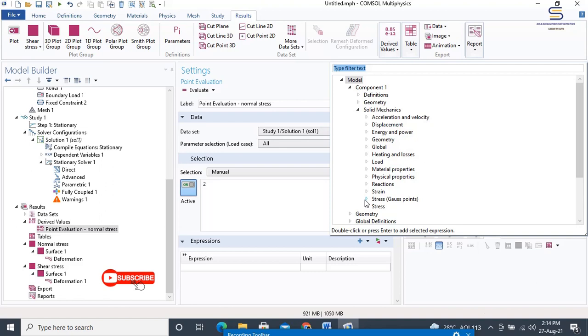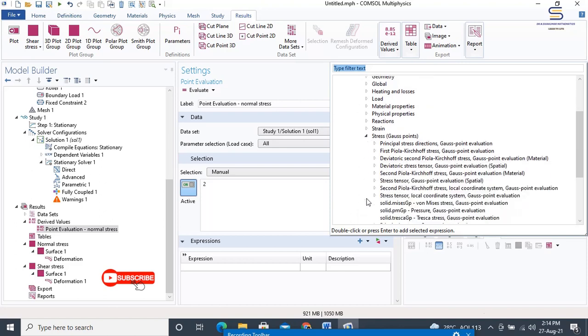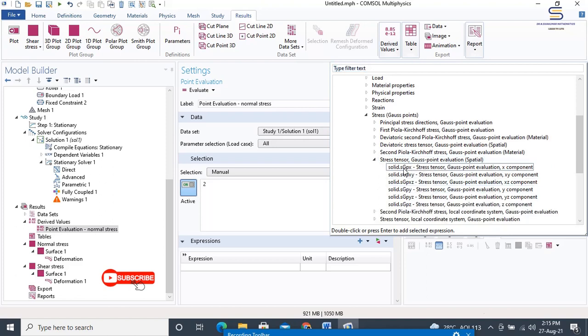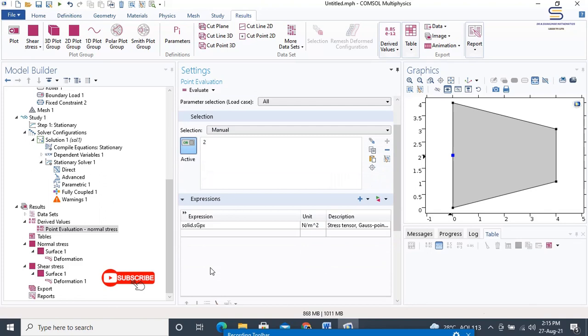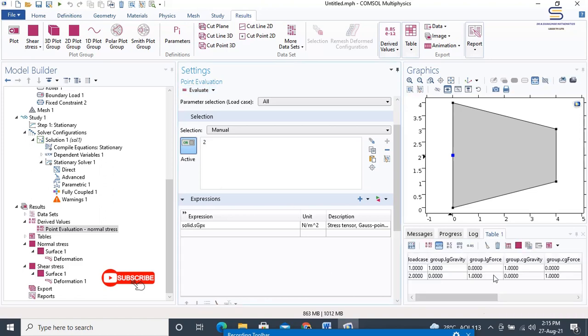This time, stress tensor with stress Gauss points, followed by the stress tensor Gauss point evaluation, and then choose solid.s.gpx stress tensor. By double clicking on that, the expression is absorbed. Now click evaluate. You will be able to see the table being generated.